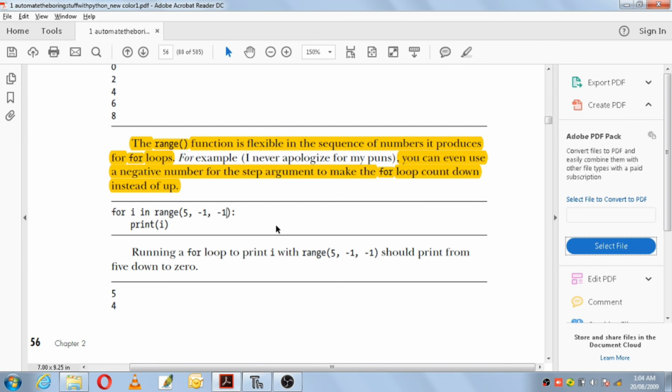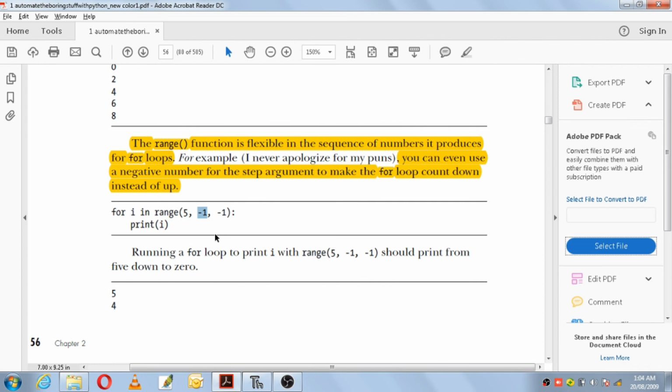That means for i in range, you can use negative values for the step argument, so you can print counting down. So for i in range, the starting value is 5, the stopping value is -1, with a difference of -1. It will print 5 first, then 4, 3, 2, and 1, up to 0.